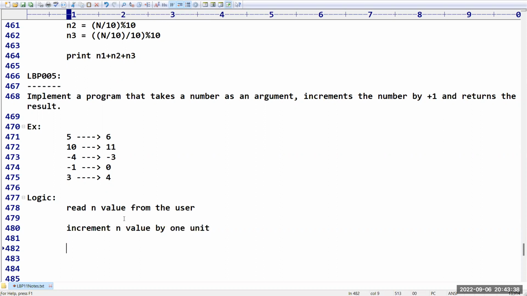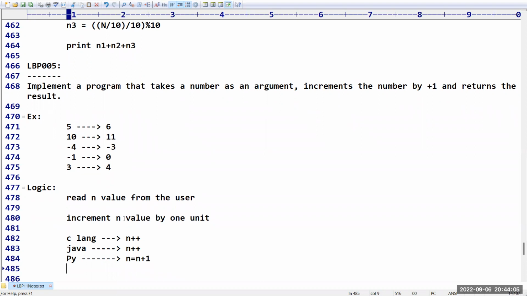Here there is a small problem. If it is C language, you can use n plus plus, the increment operation. Even in Java, you can use n plus plus. No problem at all. But in Python, we don't have any increment and decrement operators. For that, we have to write n is equal to n plus 1.